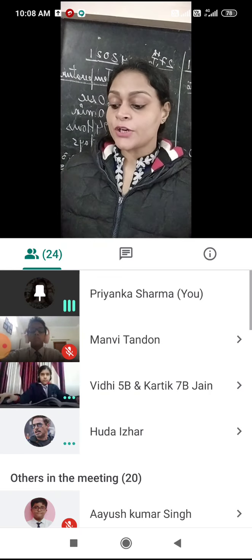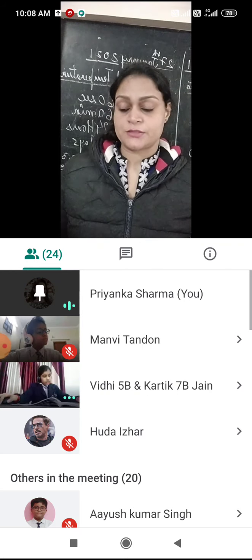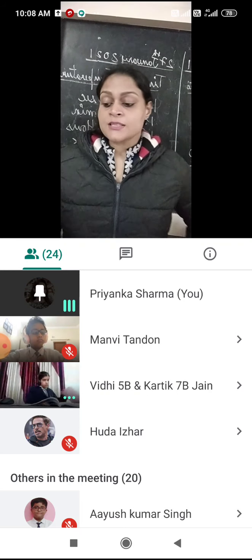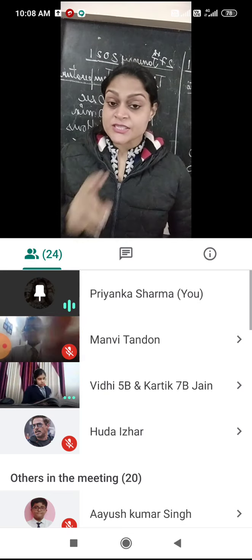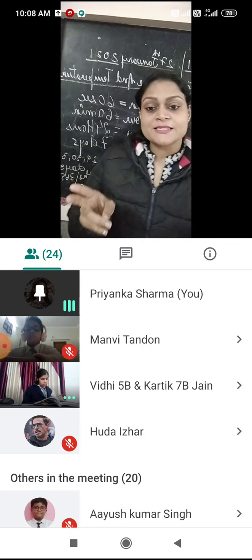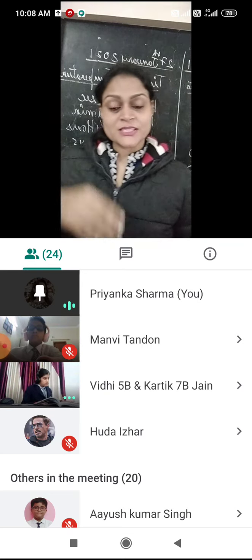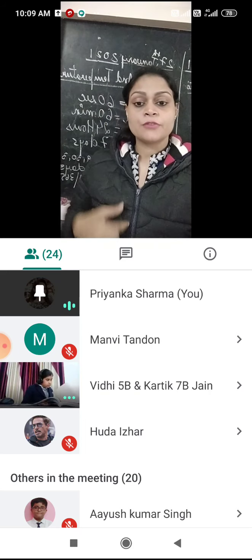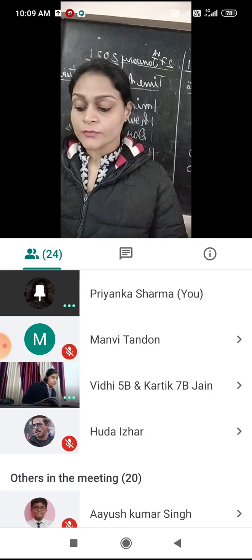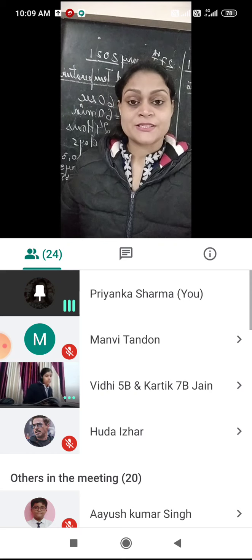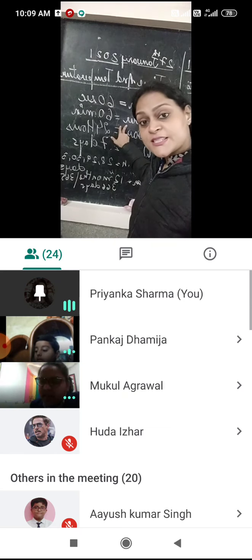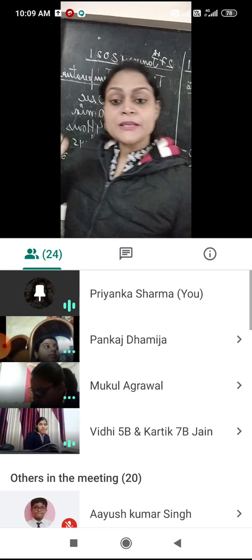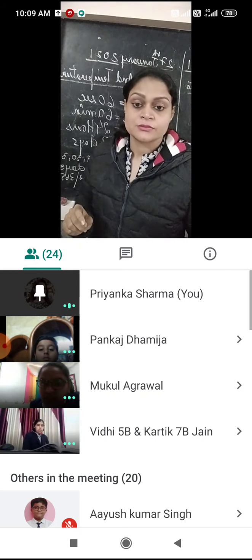First exercise, convert the following from higher to lower units. Means hours and minutes are given. Now here, which is the bigger value? When minute and hour is given, obviously hour is a bigger value. So we have to convert the bigger value into smaller value. Means hour we have to convert into minutes. 7 hours into minutes. 1 hour, as we have studied here, 1 hour is equal to 60 minutes. How many minutes will be there in 7 hours?